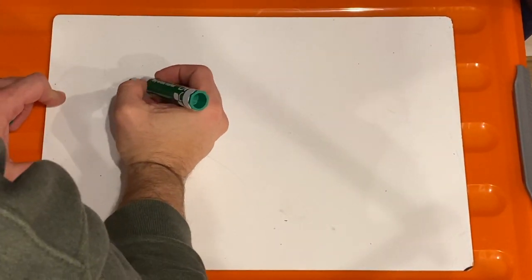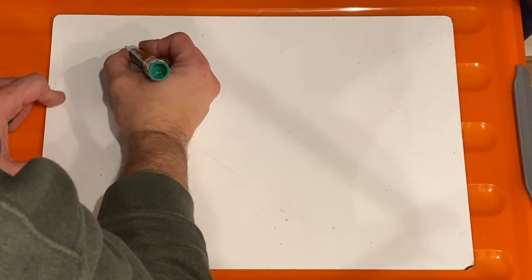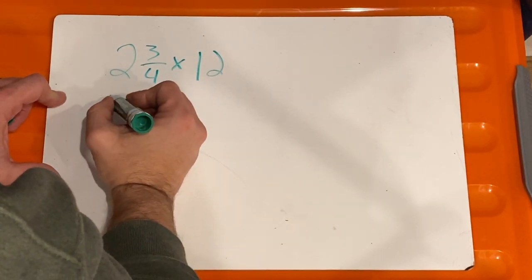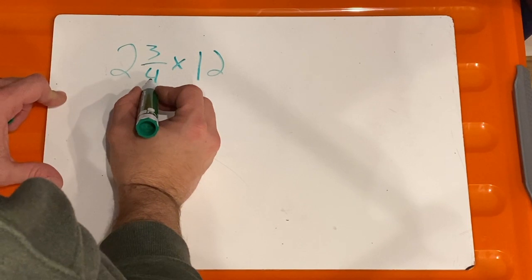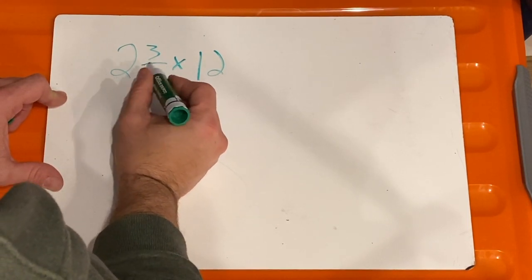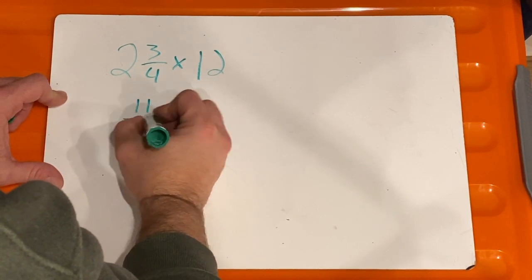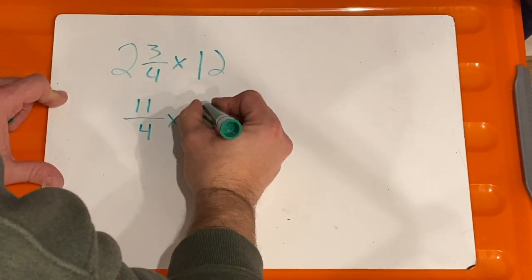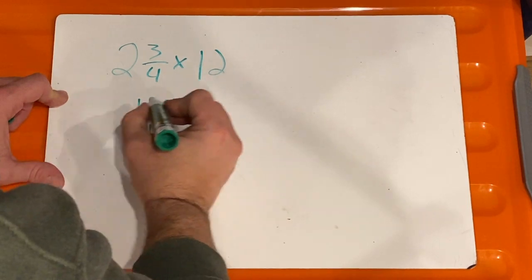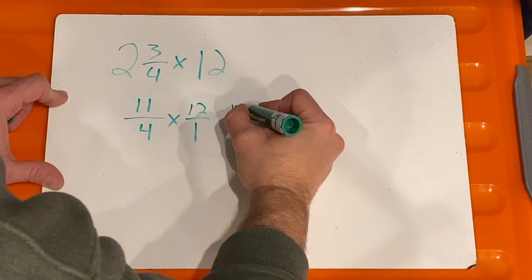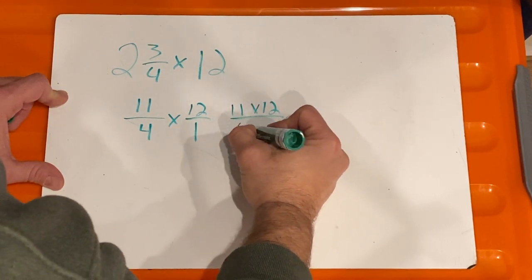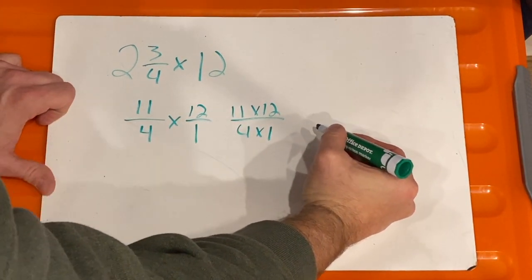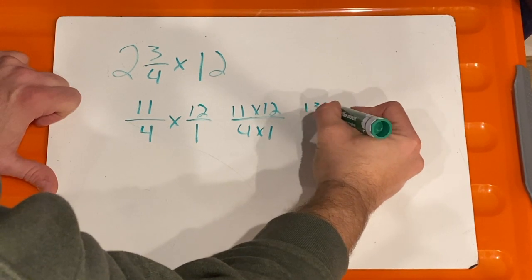If you have to multiply a mixed number by a whole number, you take that mixed number and you first turn it into an improper fraction by multiplying the whole number times the denominator, 2 times 4, plus 3, so that would be 8, plus 3 is 11/4. And you take the whole number and write it as a fraction by putting it over 1. So this becomes 12 times 11 over 4 times 1, which you can multiply out, and you get 132 over 4,